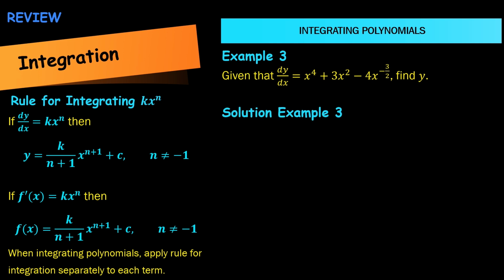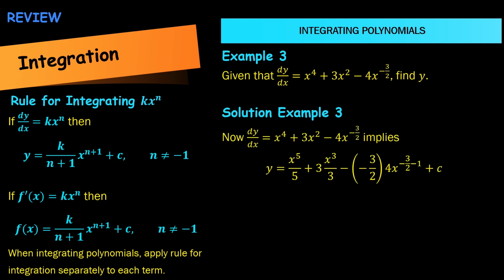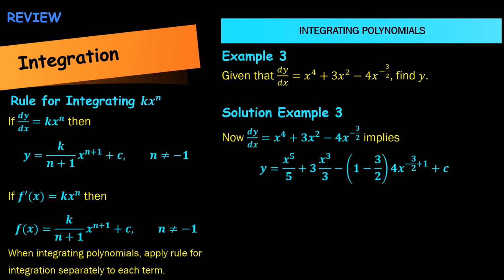So let's solve this. Before we begin, remember that when integrating polynomials, apply the rule for integration separately to each term. So, dy dx equals x to the 4 plus 3x squared minus 4x to the minus 3 over 2 implies y equals x to the 5 over 5 plus 3x cubed over 3 minus 1 minus 3 over 2 times 4 times x to the power minus 3 over 2 plus 1 plus c,